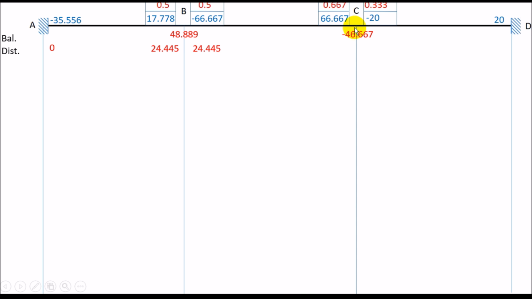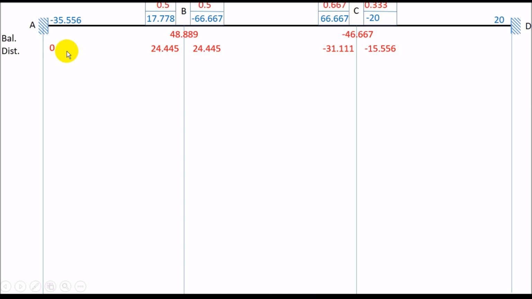All right, here on joint C, the balancing is basically minus 46.667. Why? Because there was a clockwise moment of plus 46.667, and thus my beam had to produce an additional minus 46.667 to counteract it, and the contribution is given as minus 31.111 and minus 15.556. How did I get this? I multiplied this value by its distribution factors. So this is my distribution step. First is balancing step, second is distribution step, and third